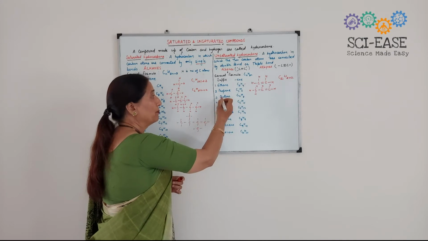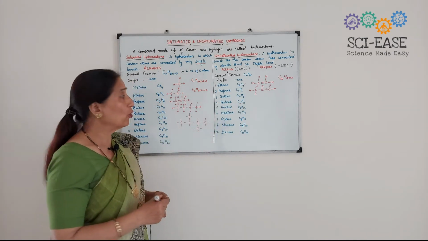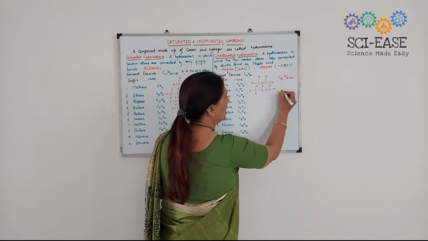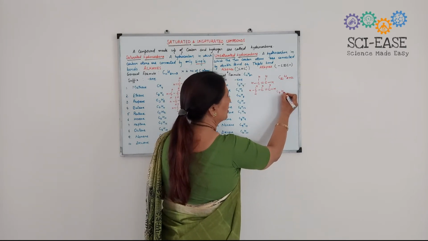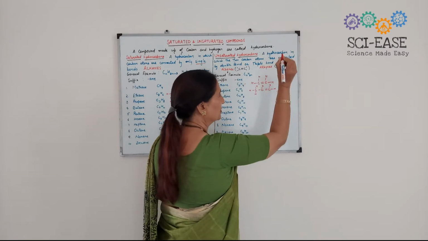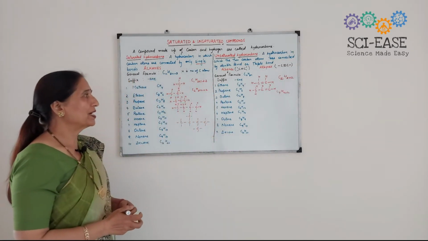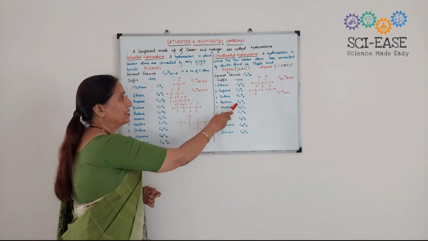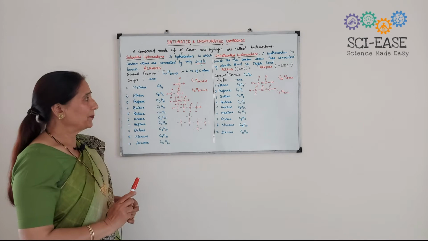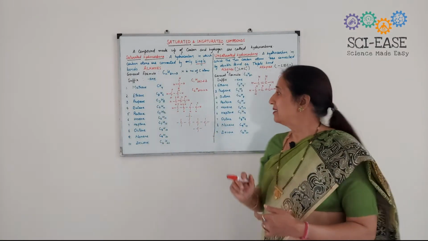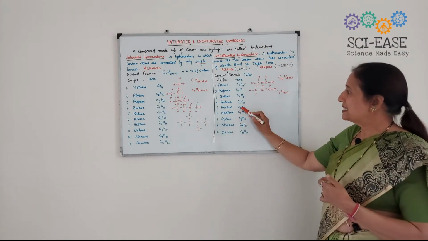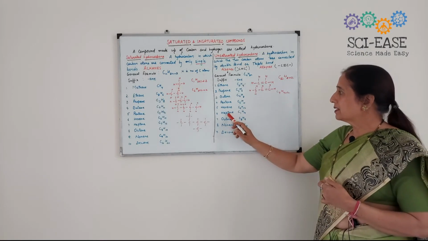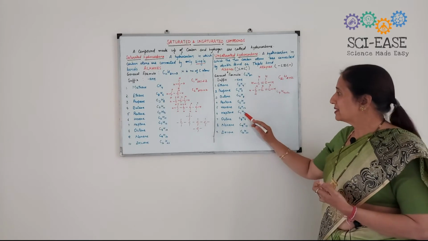Then 4, butene, C4H8. How? C4H, 4 multiplied by 2. So it is C4H8. Pentene, 5, C5H10. Hexene, 6, C6H12. Then comes heptene,